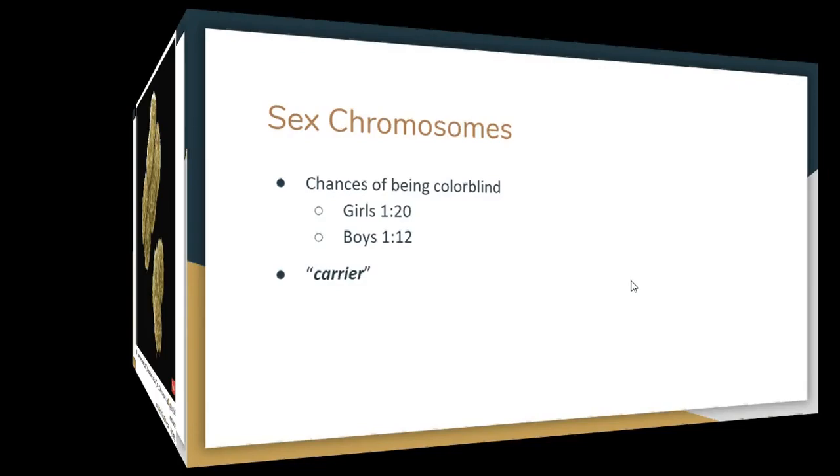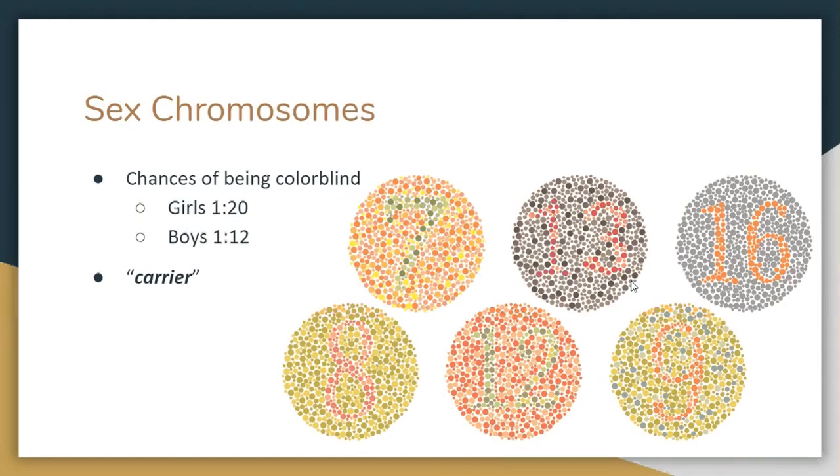X and Y means they are male. Males are XY. Females are XX. More on that on page 137. Don't forget to fill in the Punnett square. Now, because of